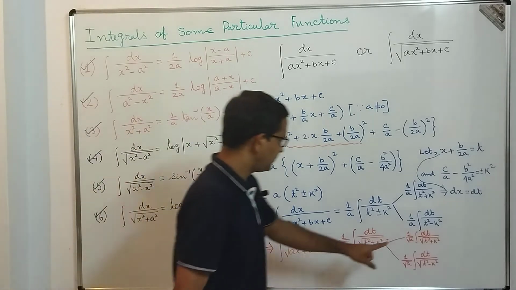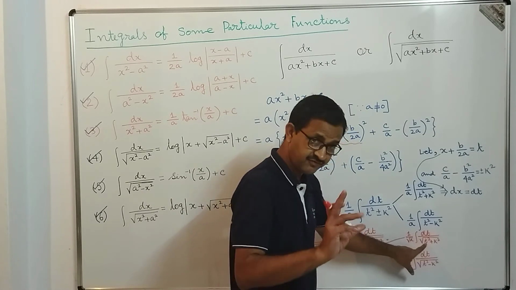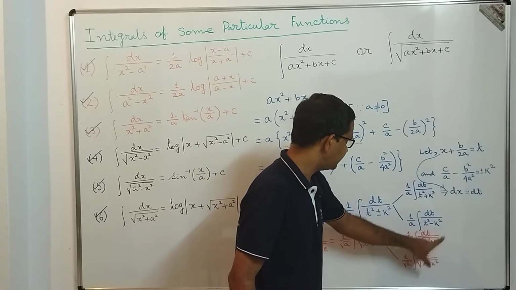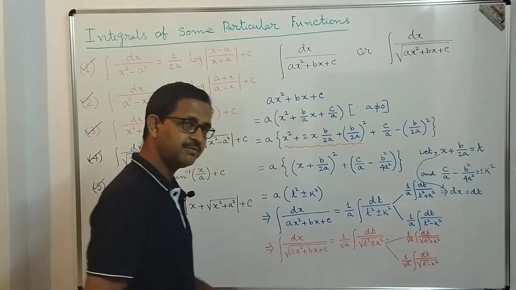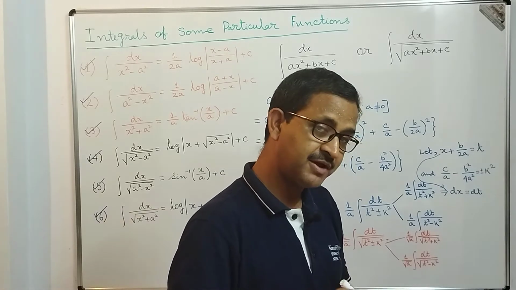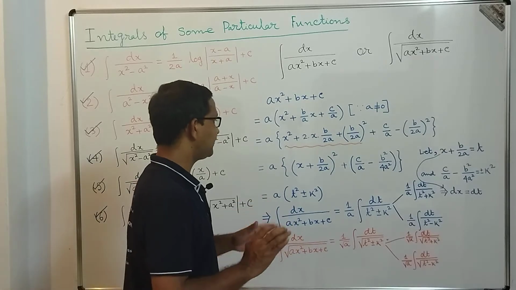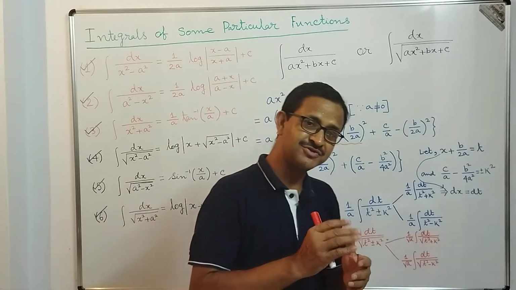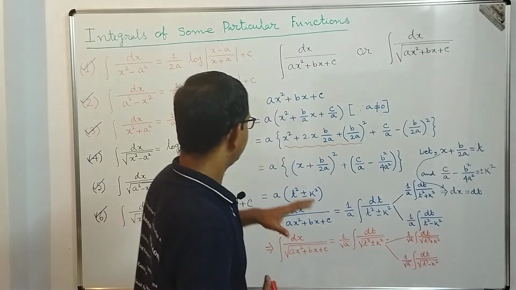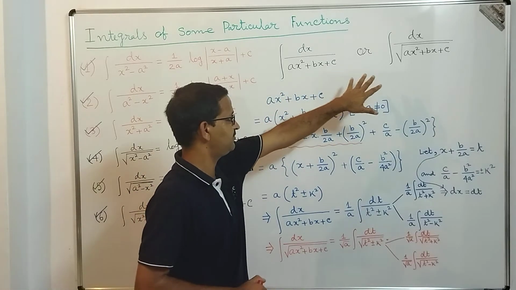Correct? And once we get this one, we need to substitute the value of t after performing the integration, that is t should be equal to x plus b by 2a and k should be equal to c by a minus b square by 4a square. So this is the technique, a very simple technique, but you need to practice. Unless you practice, it will be difficult to solve this type of questions in the examination in a very fluent manner. Okay, so I'm going to solve a couple of problems based on these forms,